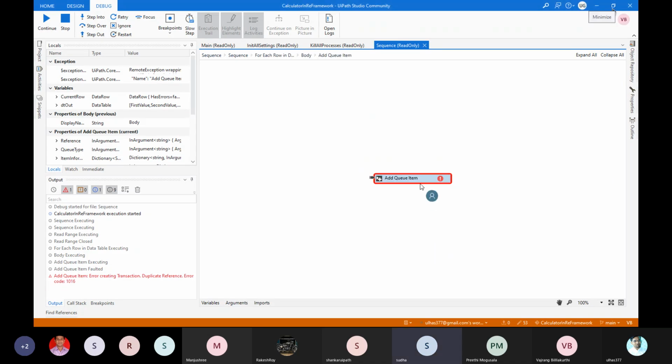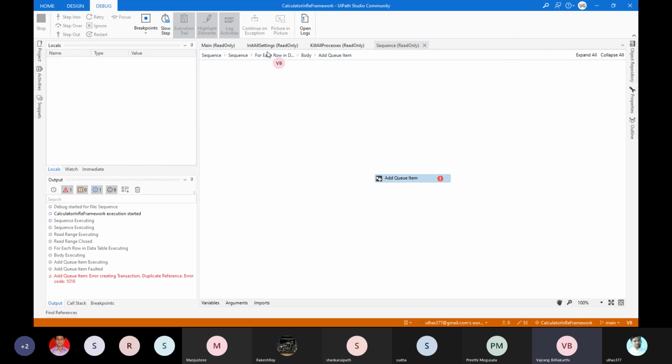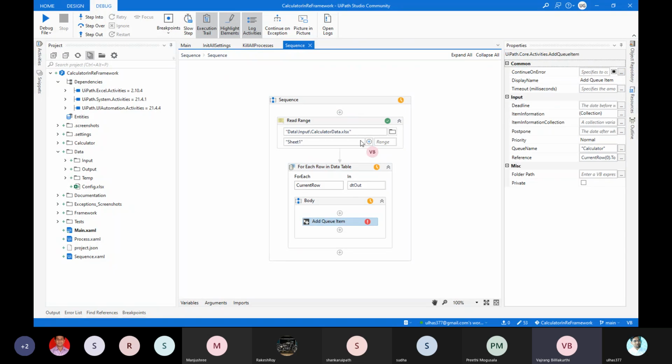Vajran, Sudha here. What happens if the status goes to success? Yes, success. Okay. That's a really good question. So, see, a reference item or unique item will always be unique. Okay. Let's go back and